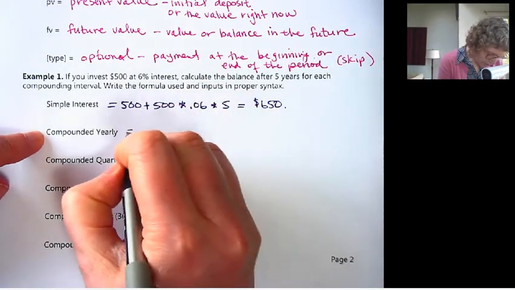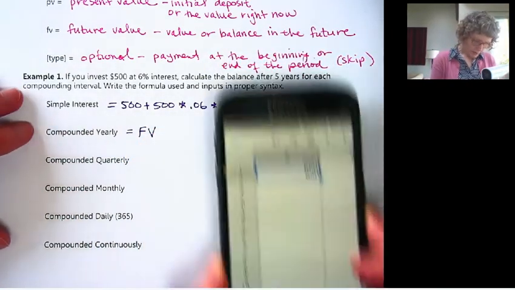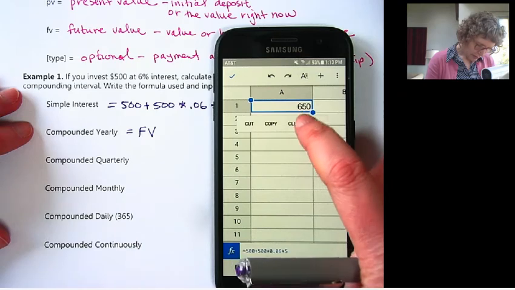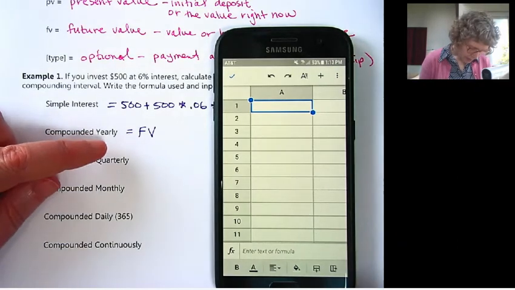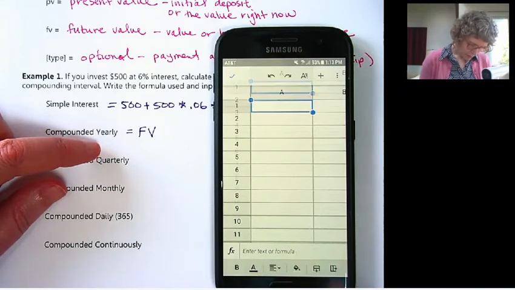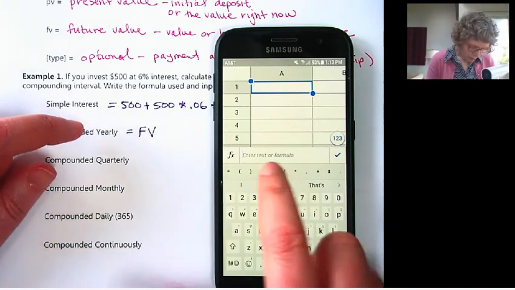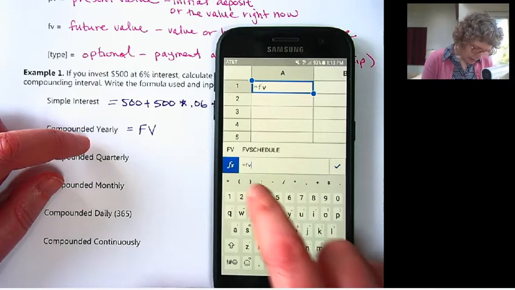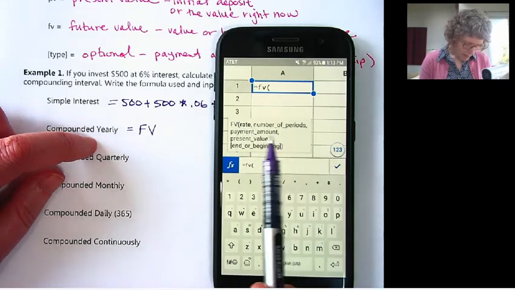So I'm going to do equals FV, and we've gone through what all the inputs mean. I'm just going to go here and then clear. Or if you wanted, you could just go down to another cell and keep your work all in the sheet. That's up to you. So enter text or formula, press there. This FX stands for function, so whatever, formula or function, equals FV, and then when I open the parenthesis, it gives me all of the inputs.